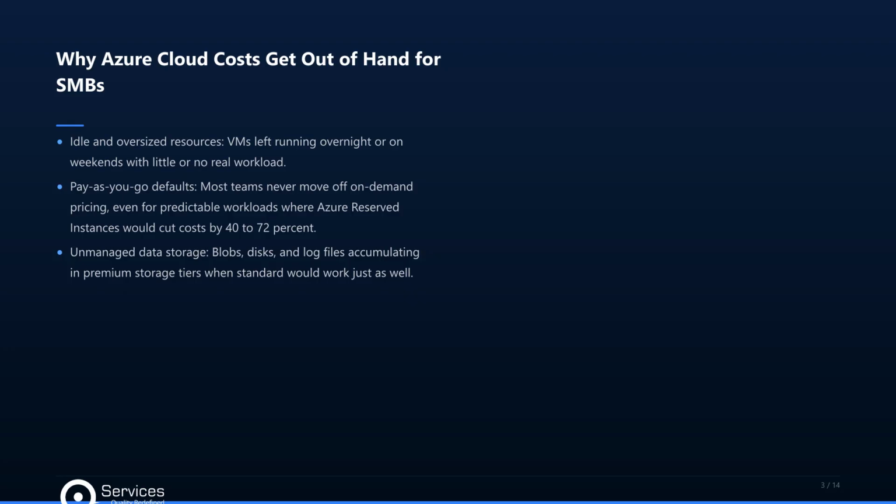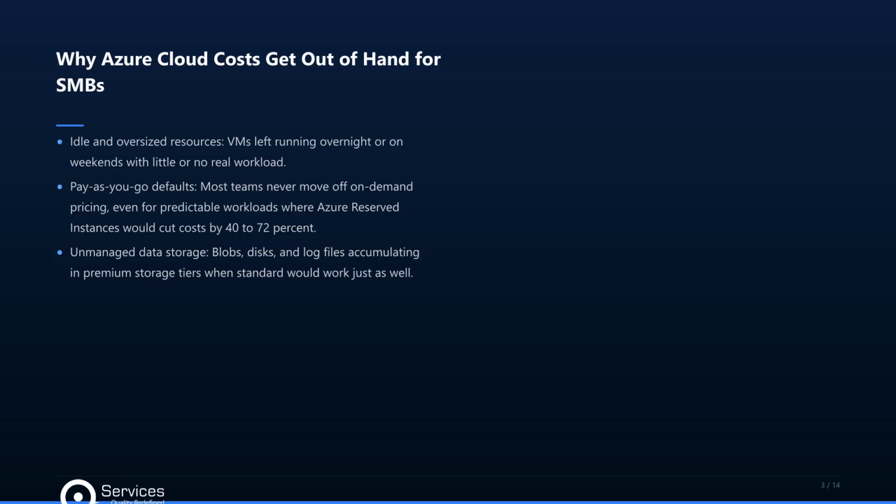Three specific behaviors tend to inflate bills the most. Idle and oversized resources, VMs left running overnight or on weekends with little or no real workload. Pay-as-you-go defaults. Most teams never move off on-demand pricing, even for predictable workloads where Azure reserved instances would cut costs by 40 to 72%. Unmanaged data storage, blobs, disks, and log files accumulating in premium storage tiers when standard would